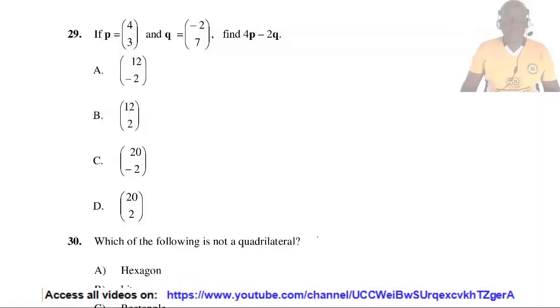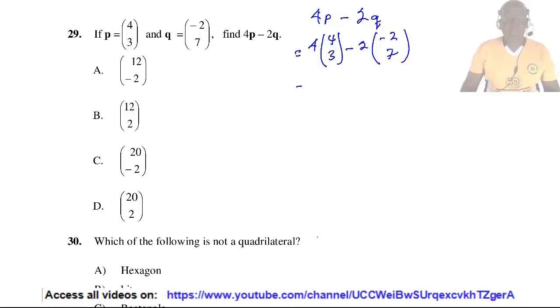Question 29. If the vector P is (4, 3) and the vector Q is (-2, 7), find 4P minus 2Q. That is 4P minus 2Q. 4P is (4, 3), minus 2Q, where Q is (-2, 7), which equals